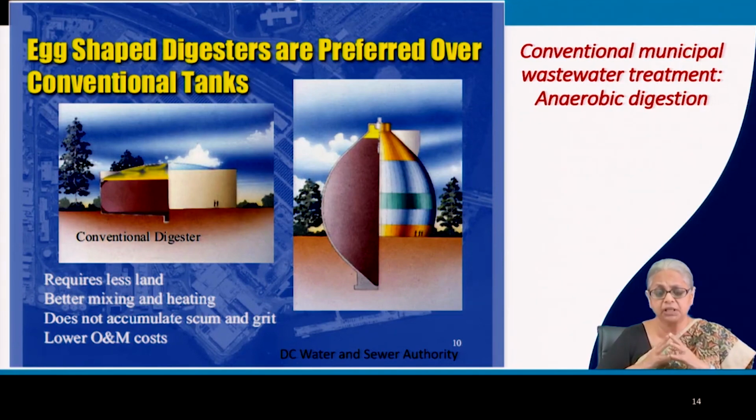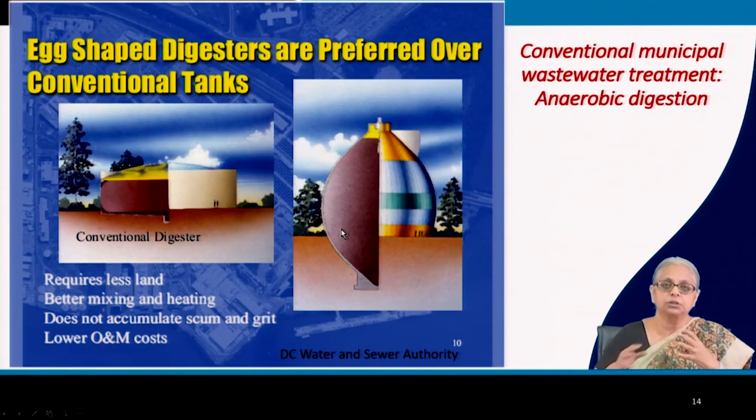And in the last few decades, people have started shifting to what are called egg-shaped digesters. And this is the size and shape. You can see the scale. The human beings are very, very tiny compared to these digesters. They are huge. They are literally enormous. And you can see the footprint. The footprint of the egg-shaped digester is much smaller than the conventional digester. So that is the first thing. The second thing is,